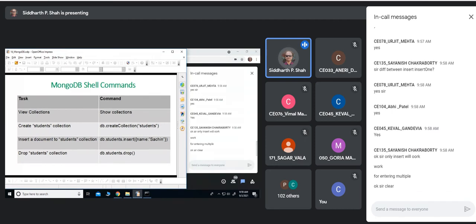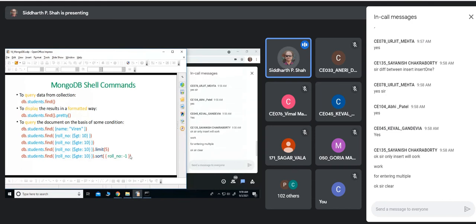Now, if you want to drop the collection, this is how you can drop it. The db.collectionName.drop method, and it will be dropped, like deleting or dropping a table. So these are some of the commands to get the data. db.students.find. This is like select star. Then this is interesting,